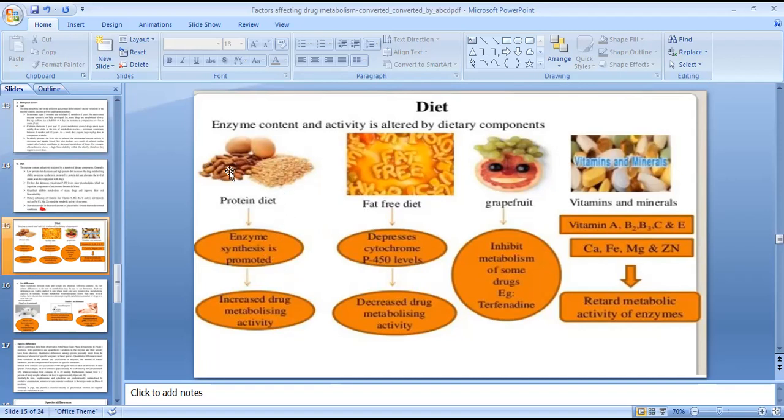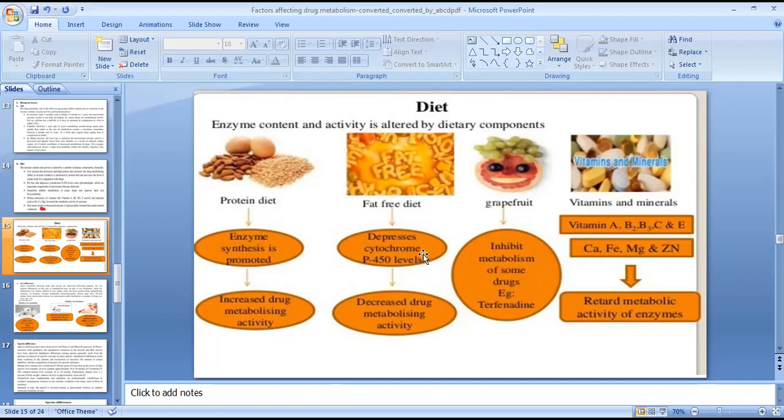If we take a protein diet, enzyme synthesis in those persons is promoted, because we all know enzymes are prepared or synthesized from protein molecules. Now, increased drug metabolizing affinity: if we increase the production of enzyme, ultimately drug metabolizing activity increases. The second factor is the fat-free diet. If we take a fat-free diet, it will decrease the cytochrome P450 levels